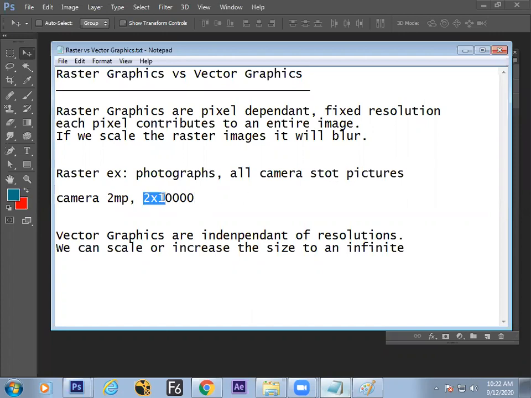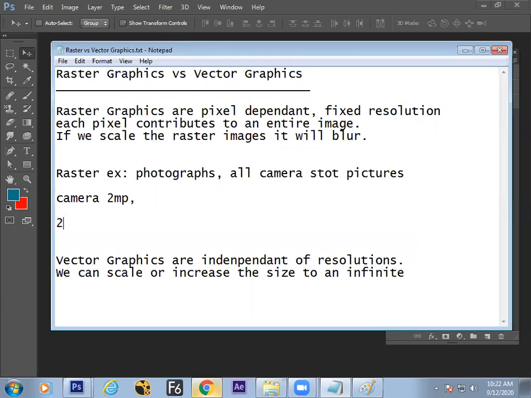It is having 20,000 pixels, both in width and height. 2 megapixel means maybe like this, 200 into 100 height, 200 into 100, that is a small image.